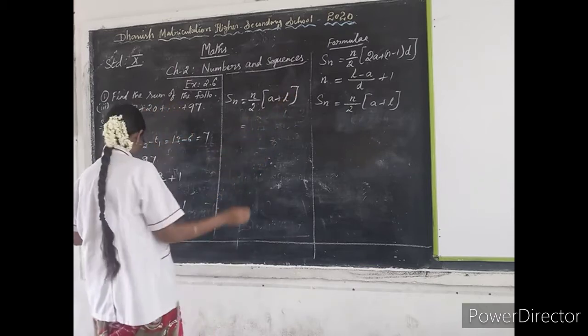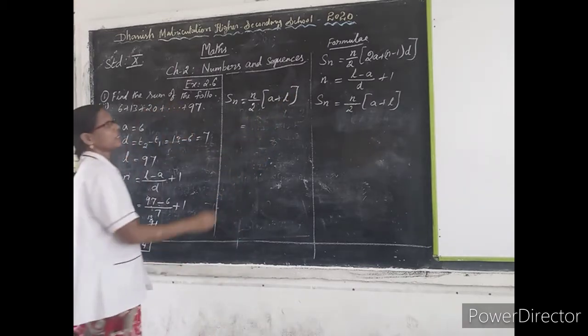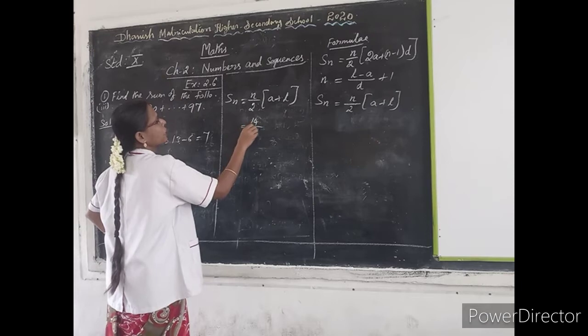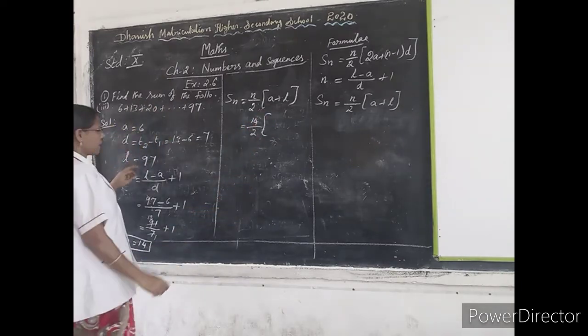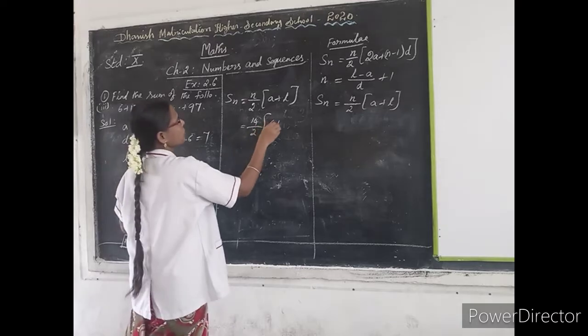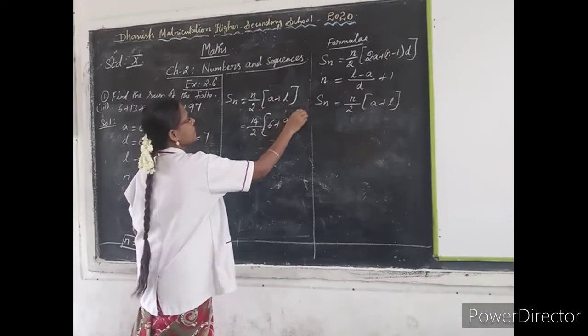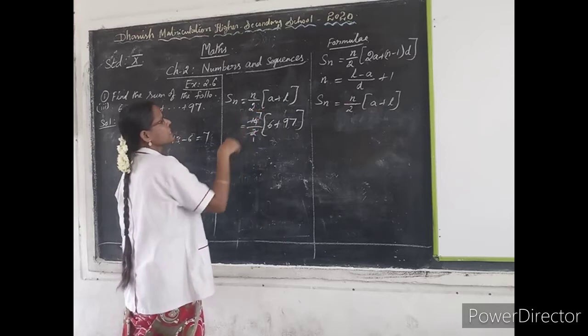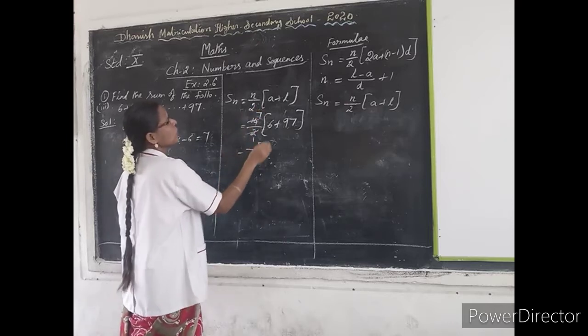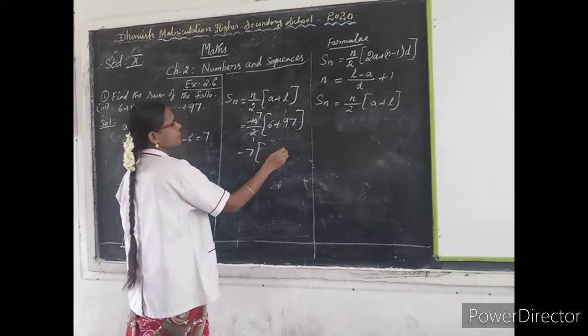So n is 14 by 2. A is 6. L is 97. So 6 plus 97. Now cancel by 2 table. 2 ones are 2, 2 sevens are 14. So 7 into 6 plus 97 is